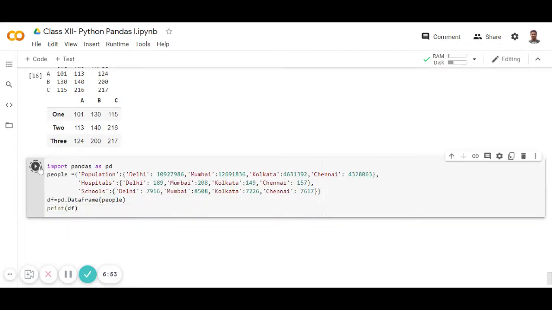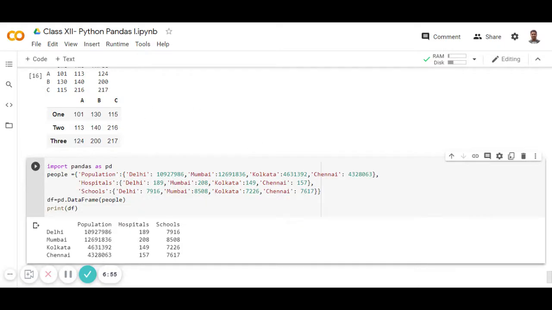So you can see that this is the data frame we have already. And now, how to access the data from this data frame. Suppose when we print the df, it is showing all the columns with all the rows. Then if you want a particular column, we can use it like this.